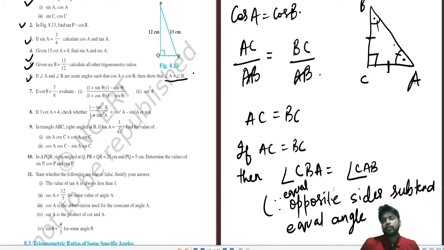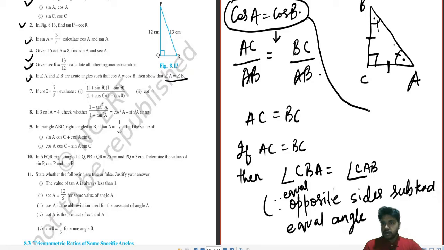This question can come for 4 marks in your school exams or board exams. This sum is very easy. You can solve it by just following the steps. Always remember to follow the steps because you have the first hint, that is cos A equals cos B. Following the steps timely and with whatever information you have, you will reach the destination very easily without any doubt. Make sure you solve it in this way only whenever you solve the sums.